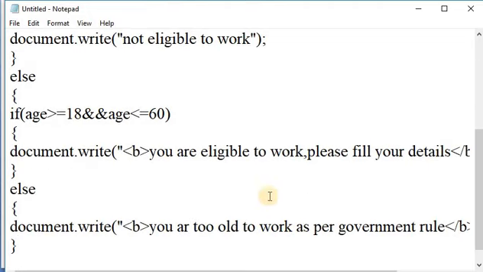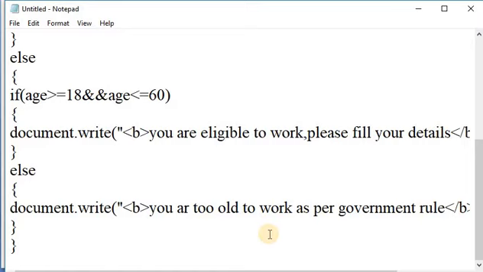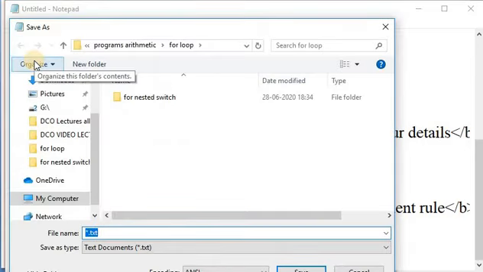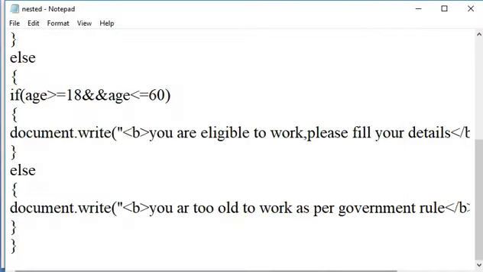Otherwise, the else statement is executed, that is you are too old to work as per the government rule, after that close the else statement. Save this file with the extension of nested.html, with the extension of HTML, and save this file and check the output.